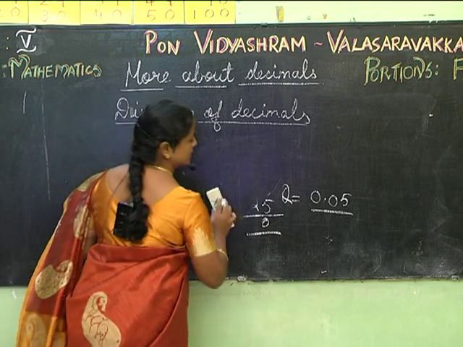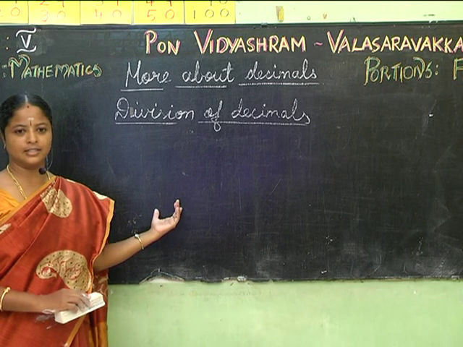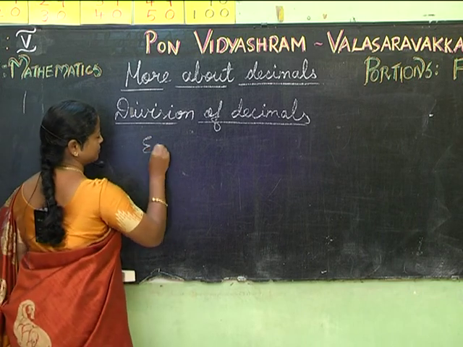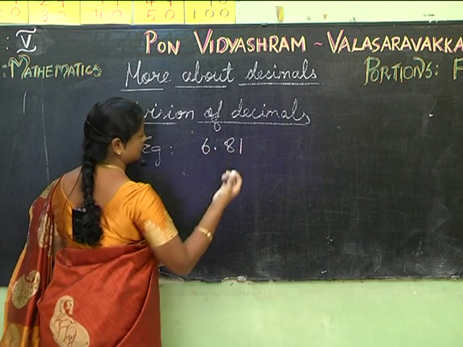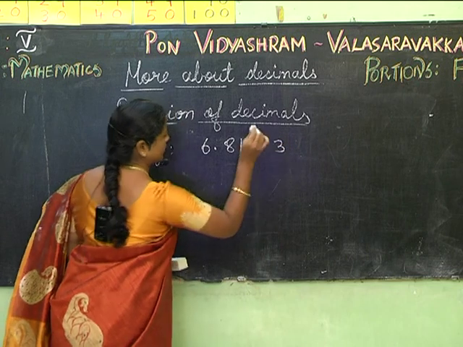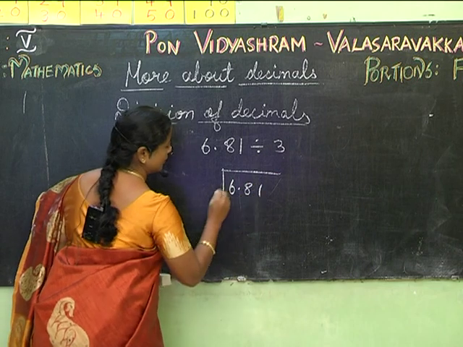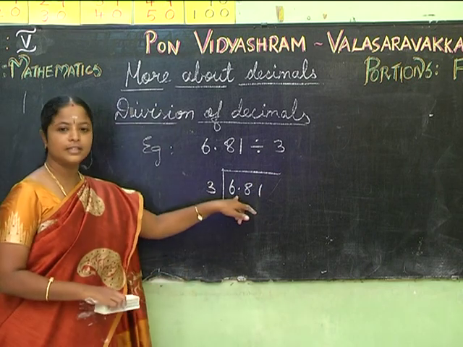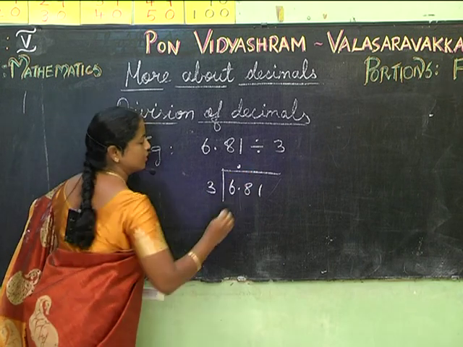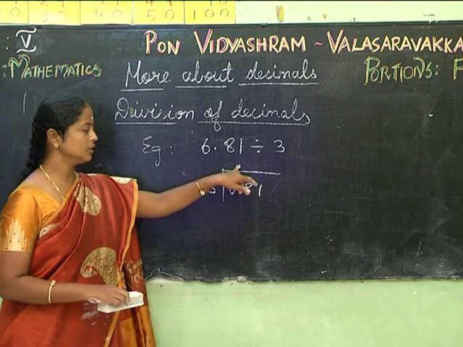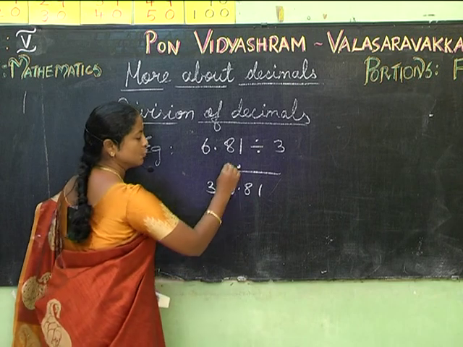Now, in case the dividend is greater than the divisor, we will see an example for that. 6.81 divided by 3. The dividend is greater than the divisor. Now place the point exactly above the dividend. Now 3 will go in 6